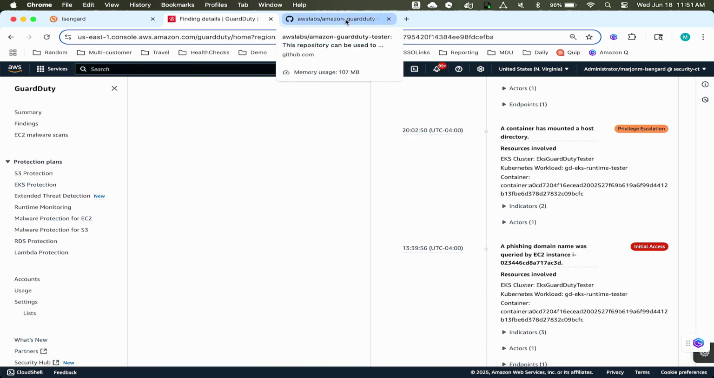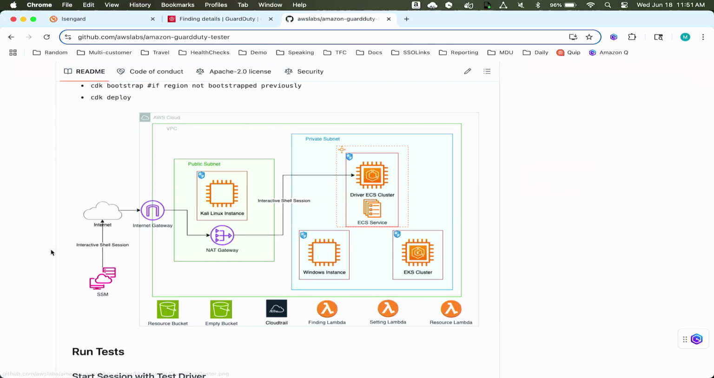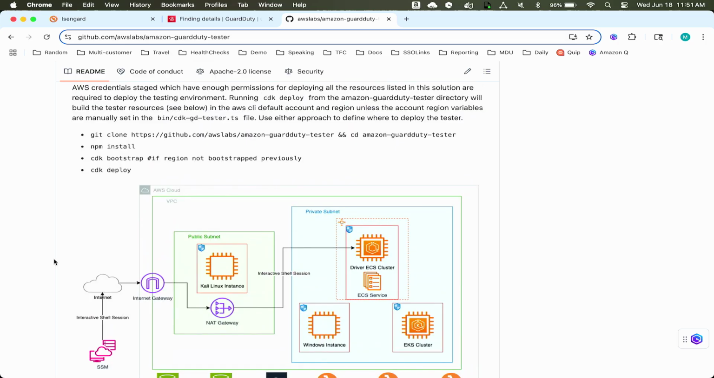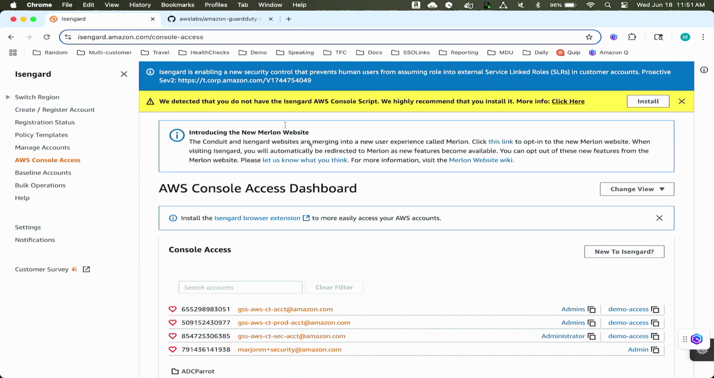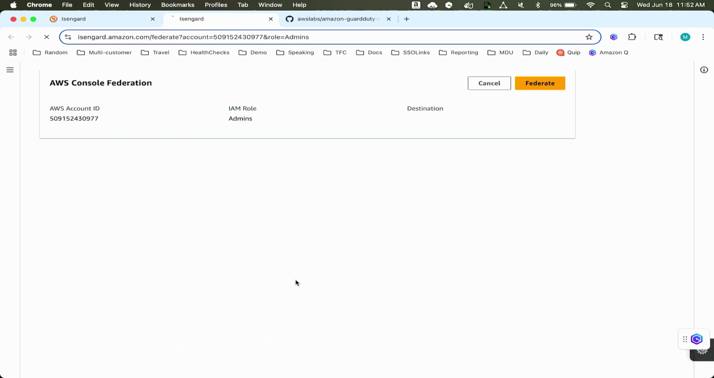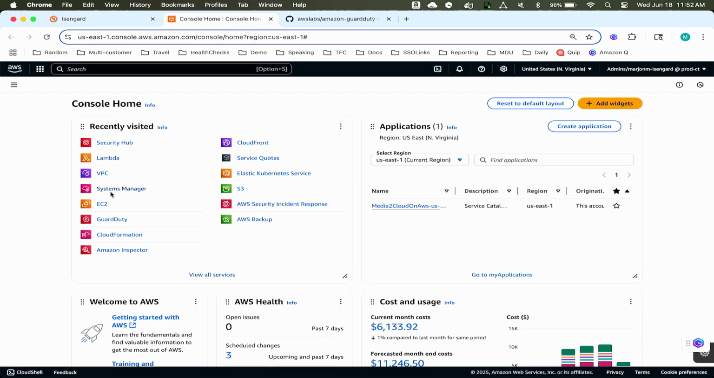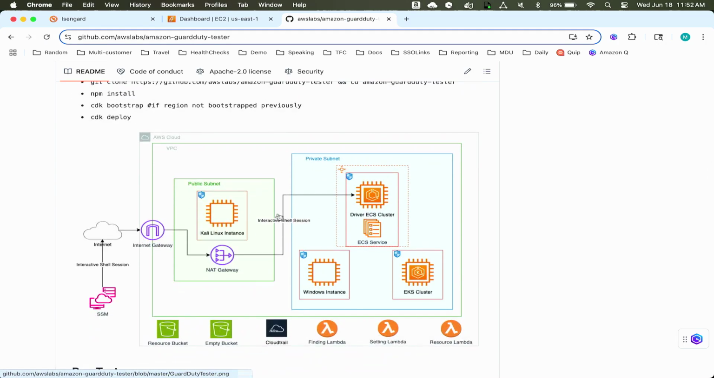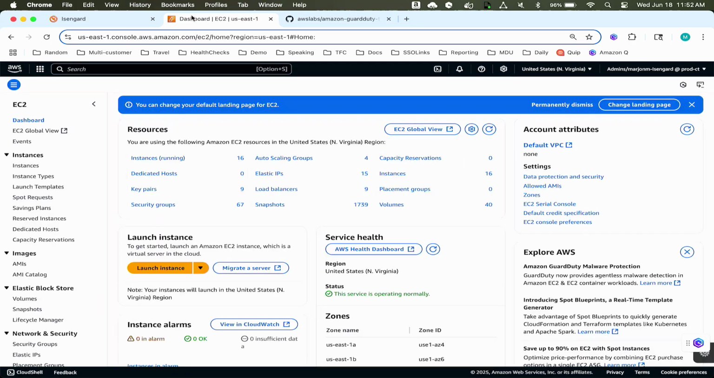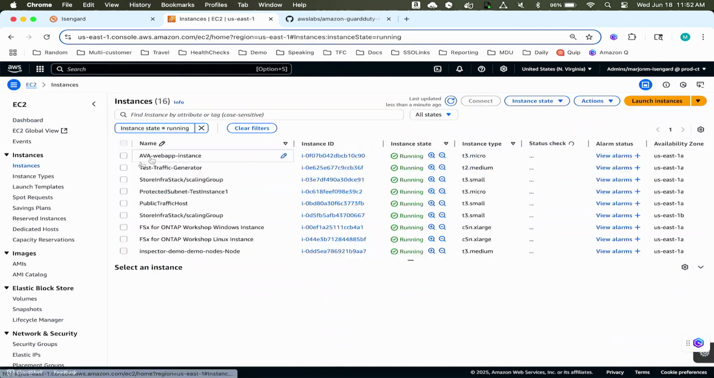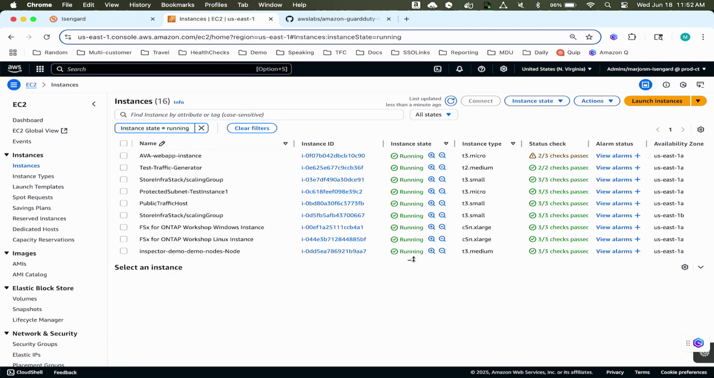If you do want to run the GuardDuty tester, the CDK deployment takes like 30 minutes, so I've actually already deployed it in this environment. But essentially the way that this looks is, it deploys a number of EC2 instances associated with Kali Linux and Windows and EKS to create the different finding types. But there is one instance that is labeled